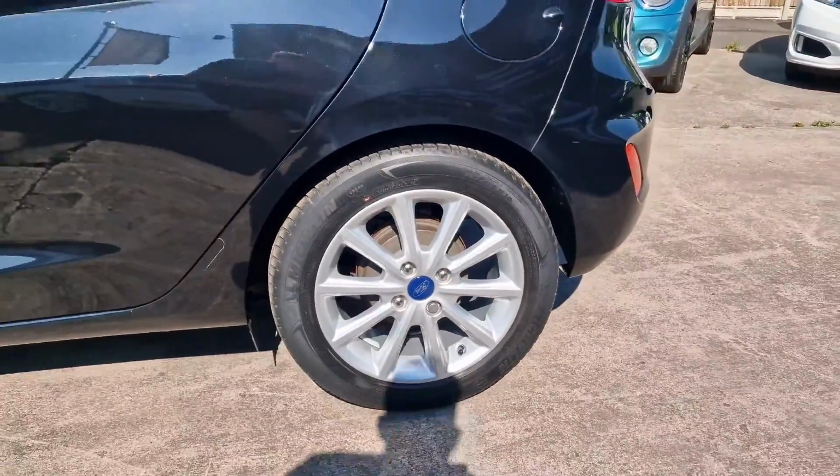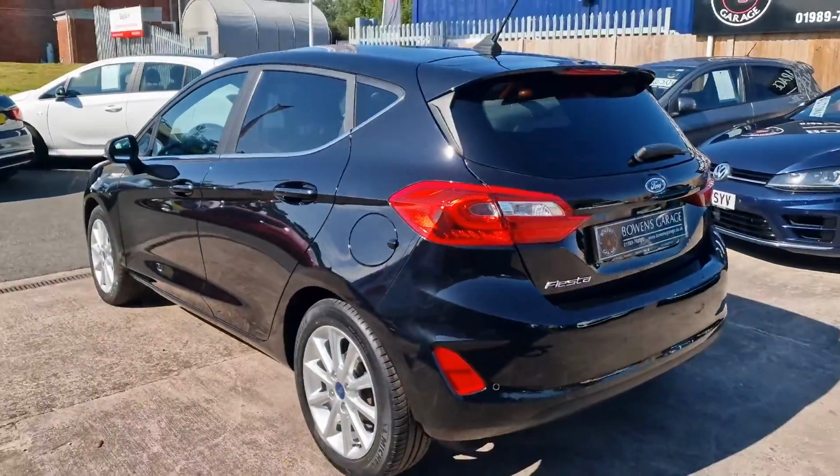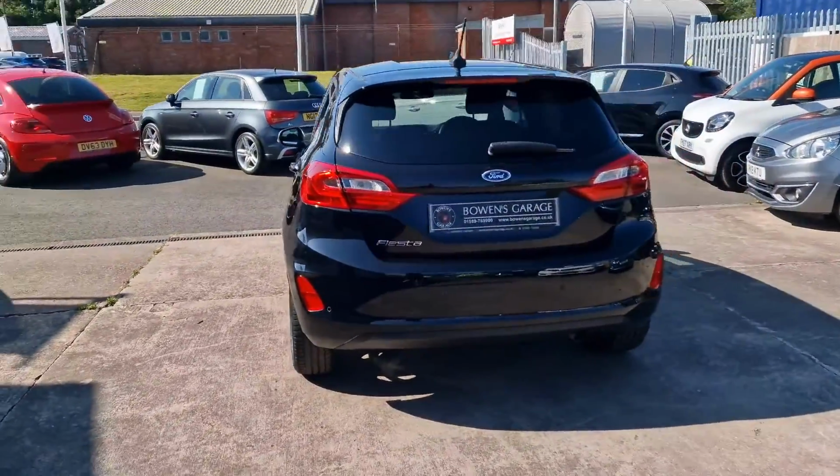We've got these nice 16-inch silver alloy wheels, they're in good shape, and that really complements the shadow black. It looks a properly classy car. 5-door model,